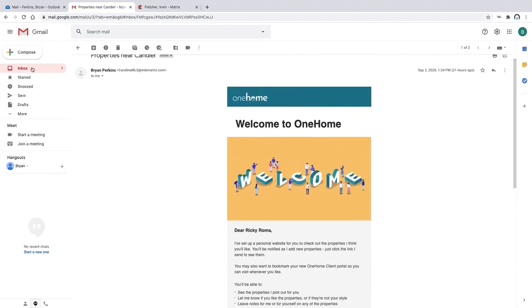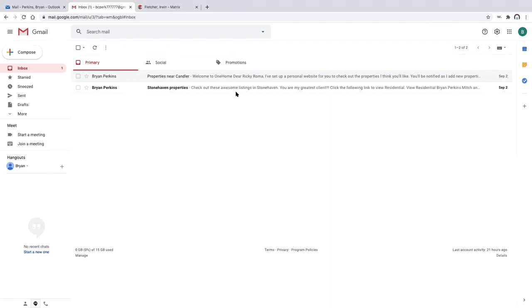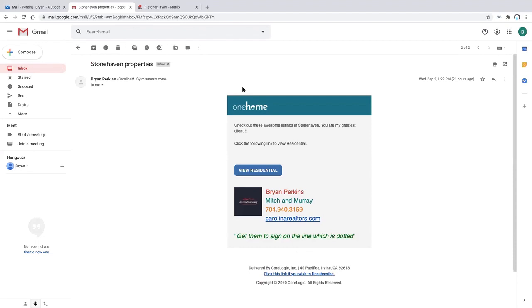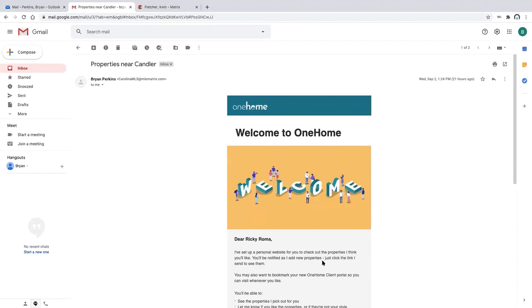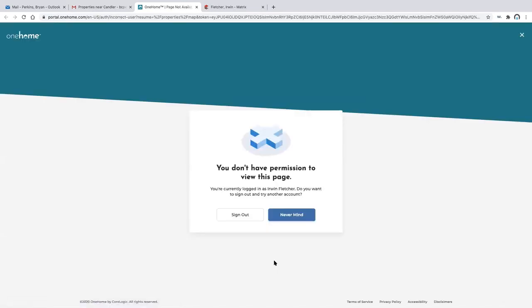I would also like to note that this client also received a direct email from me with just some listings that I emailed. A little bit shorter, but still a nice, clean looking email with an obvious action button to view those residential properties. From whichever of these emails a client accesses the portal for the first time, they're going to be delivered to the OneHome portal, where those properties will be viewable